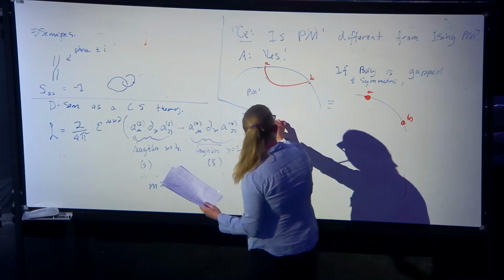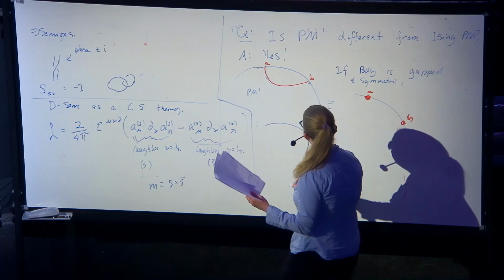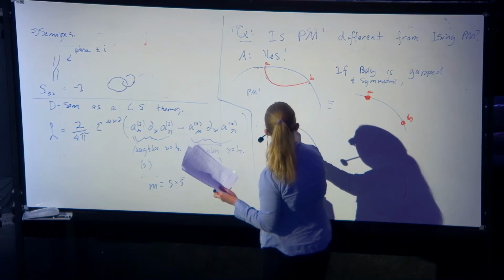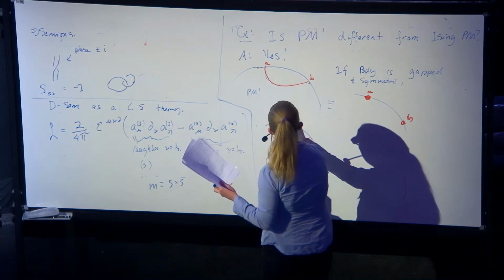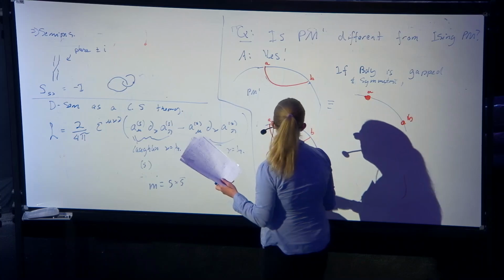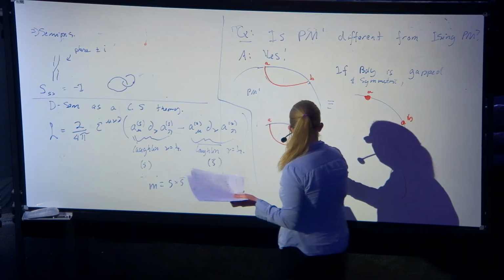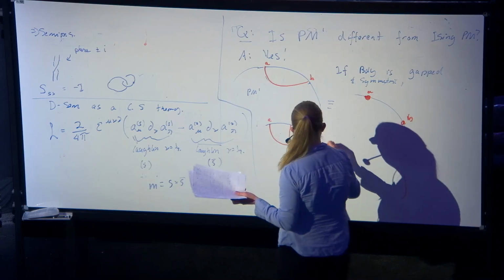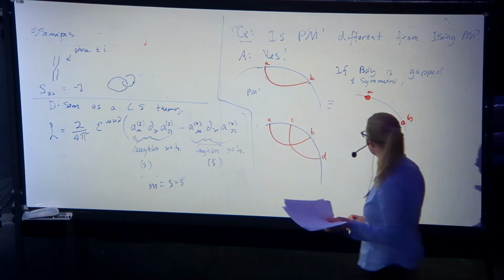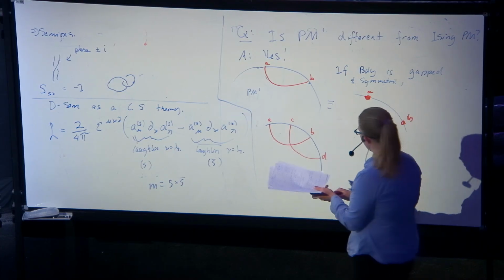Okay, so now let's suppose that I already have this domain wall like this. Okay, here's A and B. And now I'm going to come along and I'm going to make another domain wall with endpoints C and D. Okay, so by this logic,